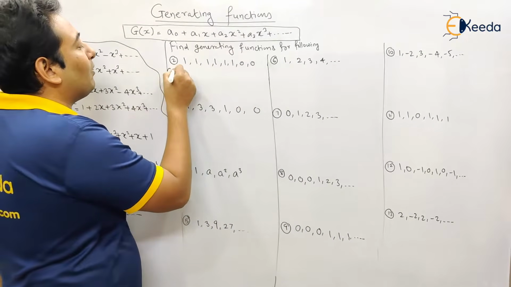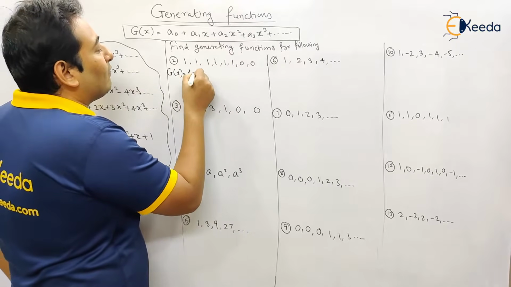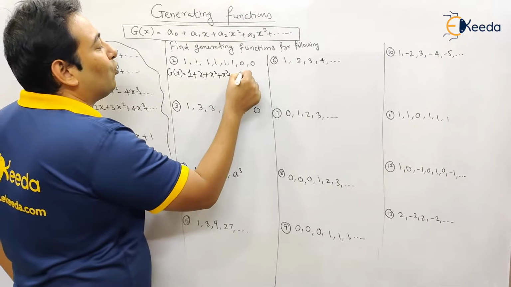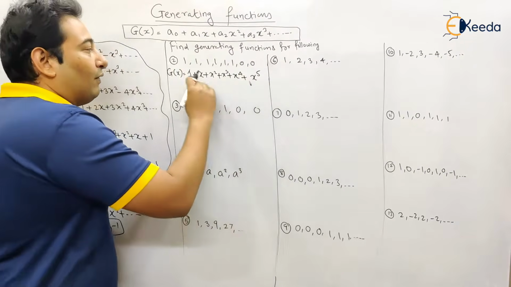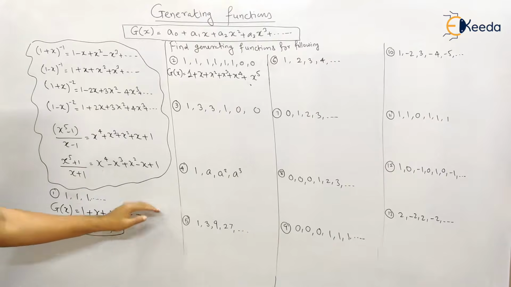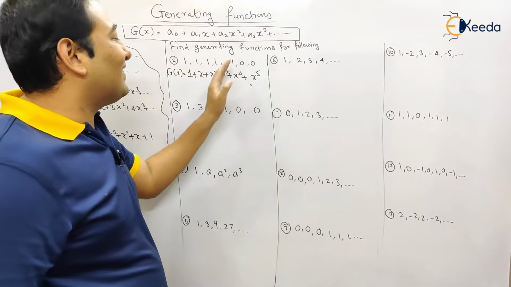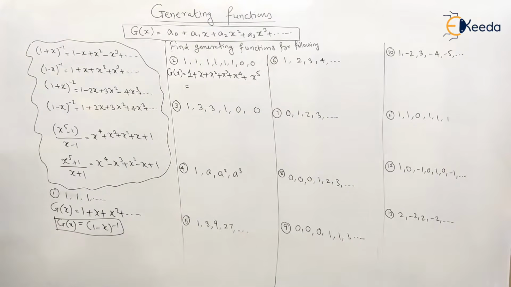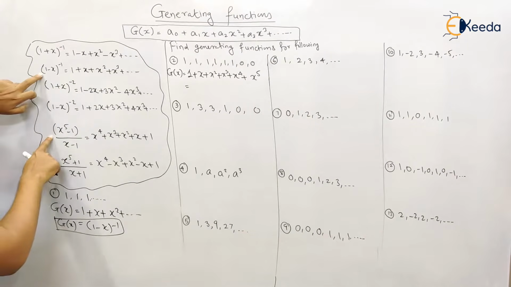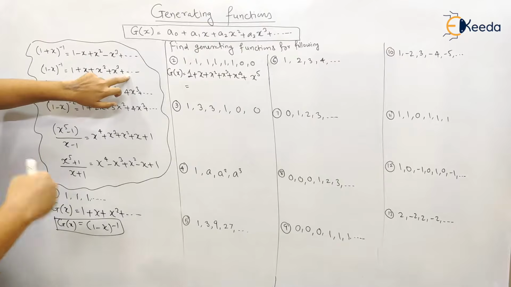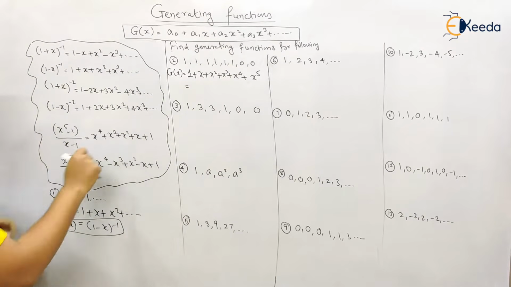So let us start with the second problem. Here it is 1, x, x square, x cube, x raised to 4 and x raised to 5. What is the difference between these two series? Here the series has dot dot dot, that means an unlimited number of ones are present. Here there are a specific number of ones, that is 6 ones. So what is the formula for this particular series? We have two different formulas. This formula is for an unlimited number of terms, plus dot dot dot, that means x raised to 4, x raised to 5 and so on. And this is your specific formula.